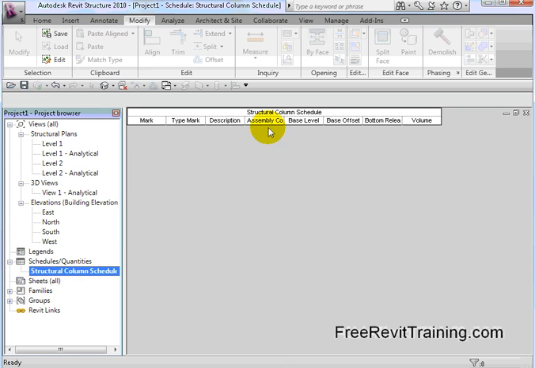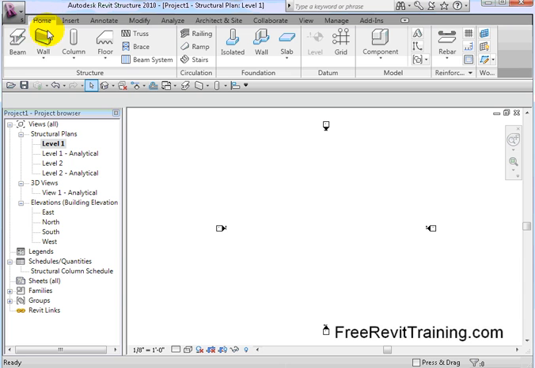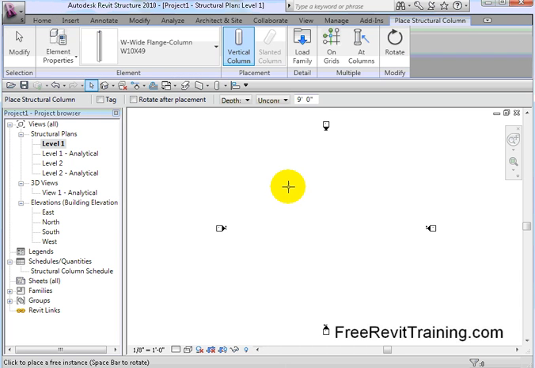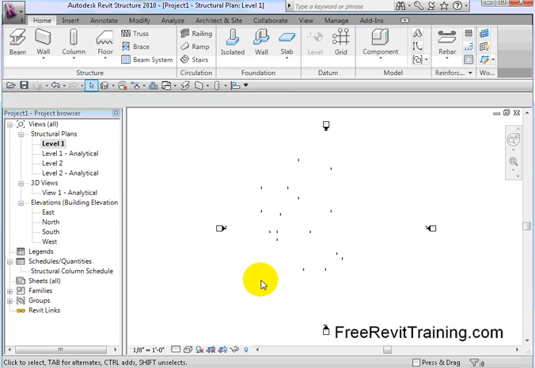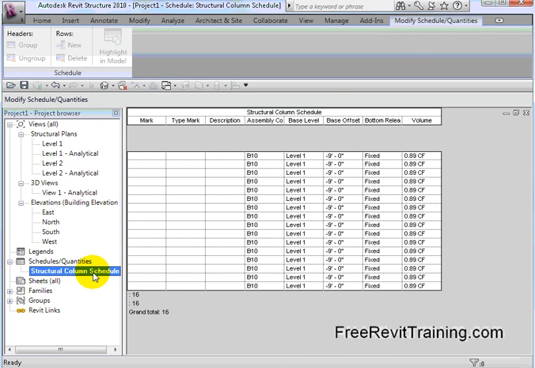Now the schedule doesn't have information in it, but as we add it, I'll come in here and add, let's say, some columns. There we go. Now, may not be the most beautiful thing in the world, but we have some columns. We go back to here, and you'll see there's our list. So what it's doing is it's taking the information that we set up earlier, and now let's go place it on a